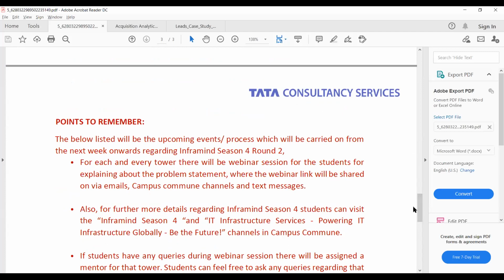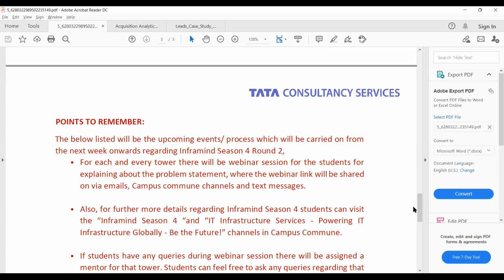A few things you need to look into: the upcoming event or process that will be carried out from next week onwards regarding InfoMind session 4 round 2. For each tower, there will be a webinar session for the students explaining the problem statement, where the webinar link will be shared via email or campus channel.